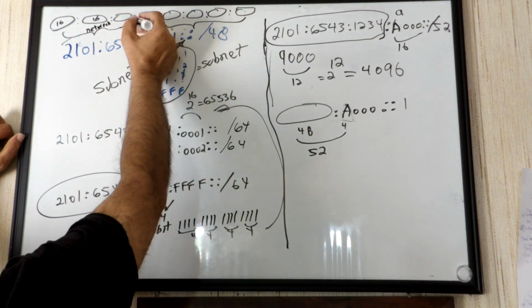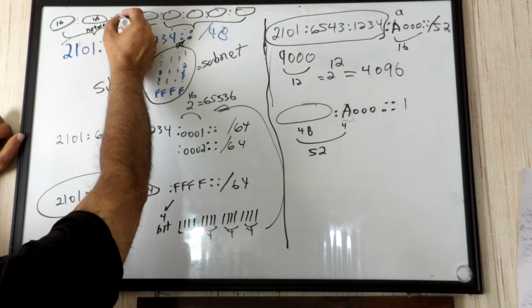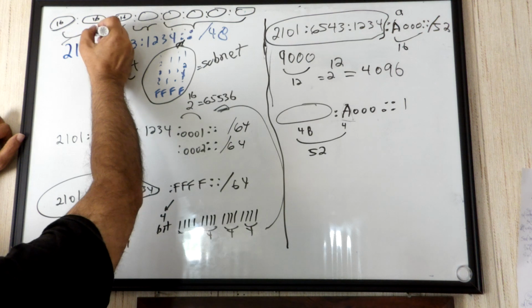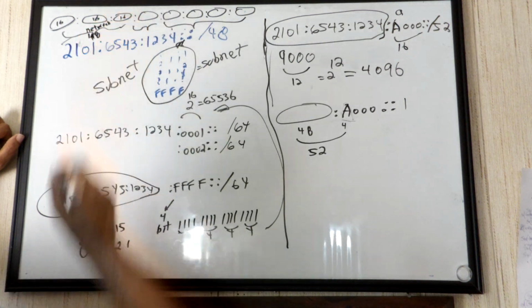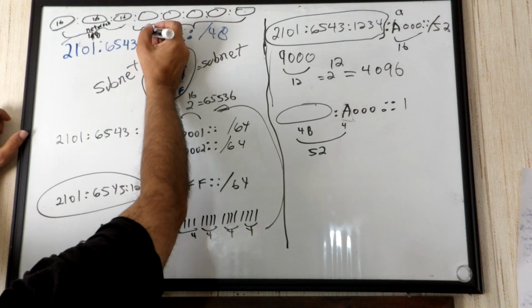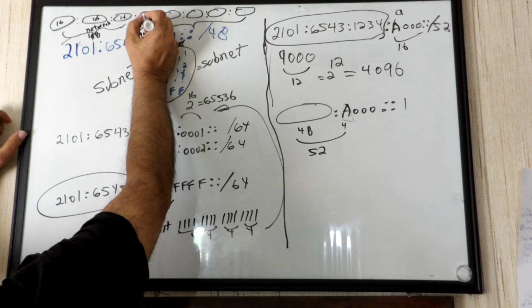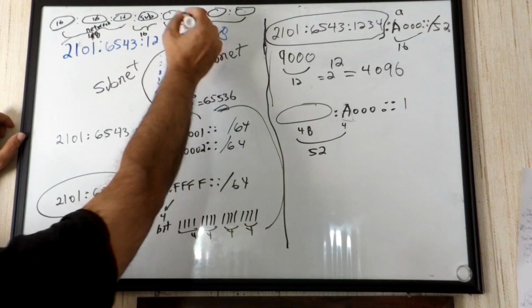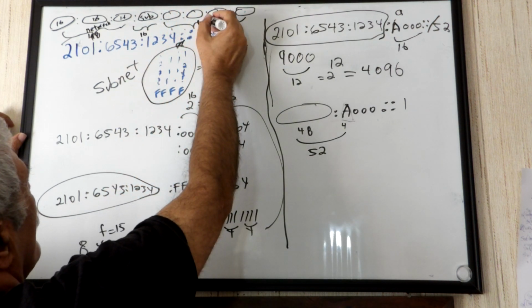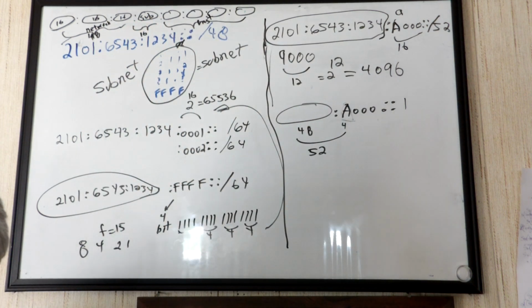The 3 of these are for network, 3 times 16 is 48, which means 48 bits for network. And then we have 16 bits here for subnet. And these are for host. We have a lot of hosts if you have it. And so